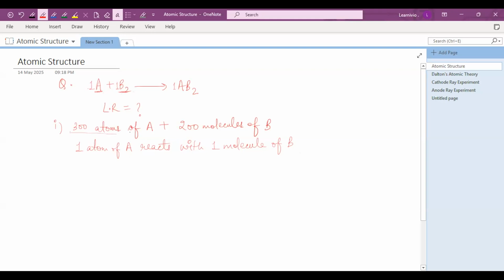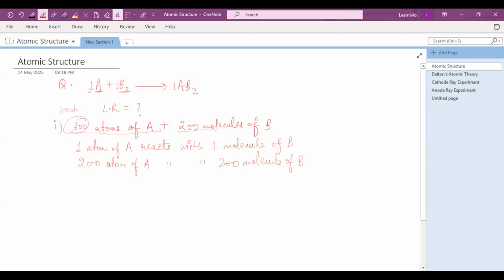So here from the question you can see 300 atoms of A is reacting with 200 molecules of B, right? So one atom of A reacts with one molecule of B, so can we say 200 atoms of A will react with 200 molecules of B? Can I say that, Aisha? Yeah, because from the question, one atom of A is reacting with one molecule. So 200 atoms will react with 200 molecules, which means 100 atoms of A